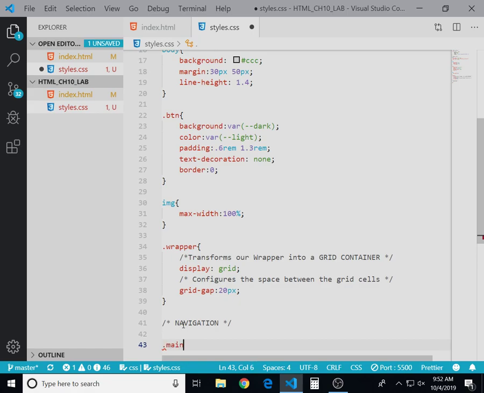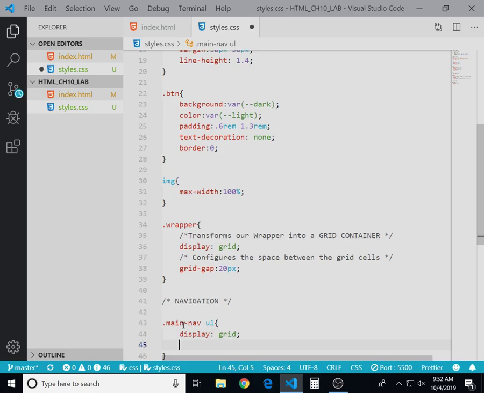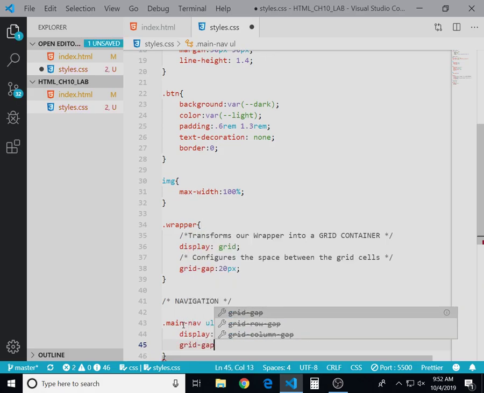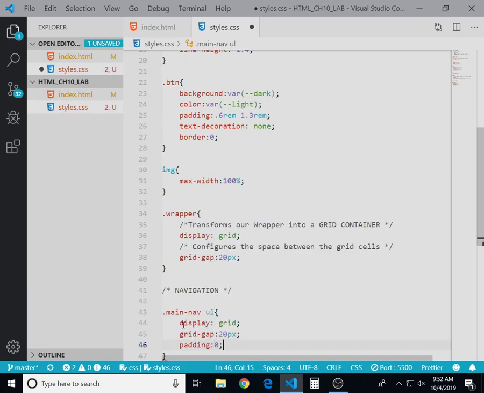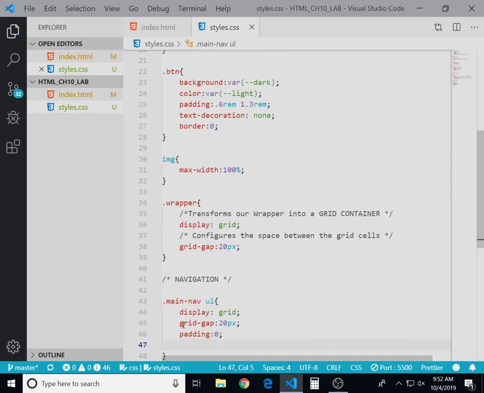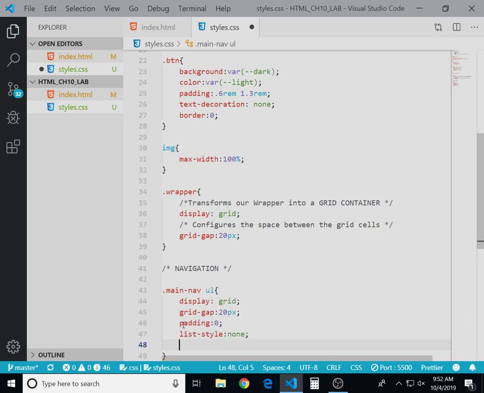Okay, so the class of main nav, unordered lists, also make that a grid container. 20 pixel gap, no padding, with list style of none, and we're going to break up